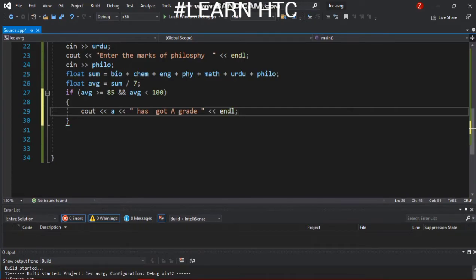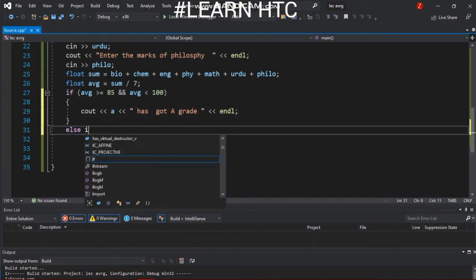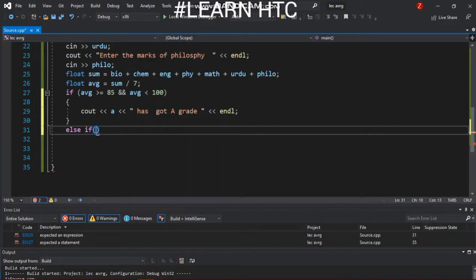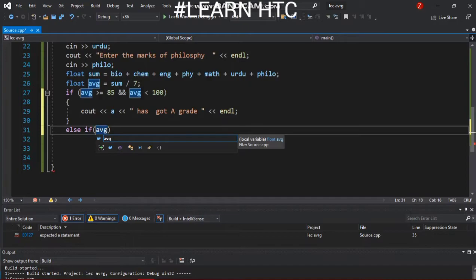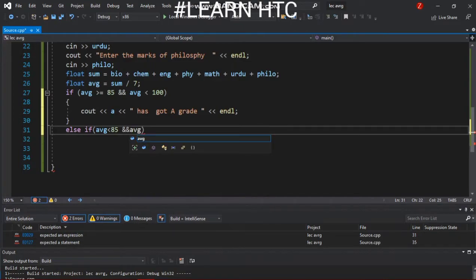Now else if is followed. Average is less than 85 and average is greater than 75, or you can say 70.